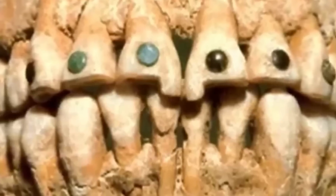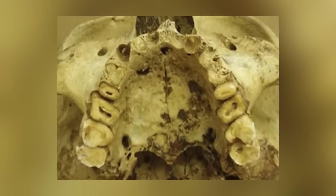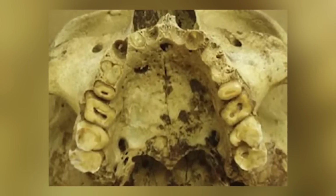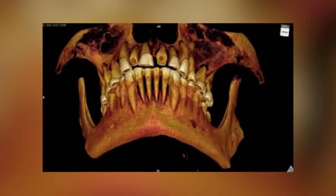Even more interesting is a mummy that was found from the 4th dynasty. This mummy, in his first molar, had a bunch of surgically produced holes that they believe were used to drain an abscess, which clearly gives us some very tangible evidence that dental surgeries were in fact happening all those years